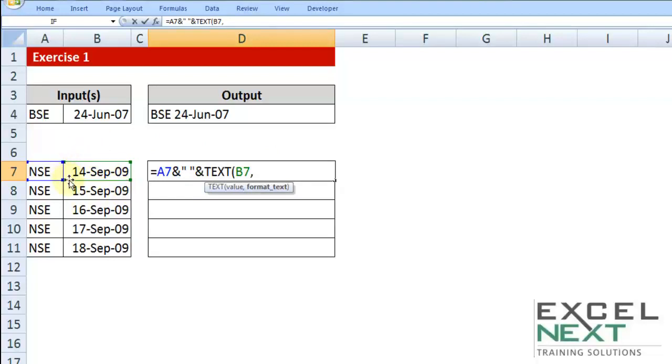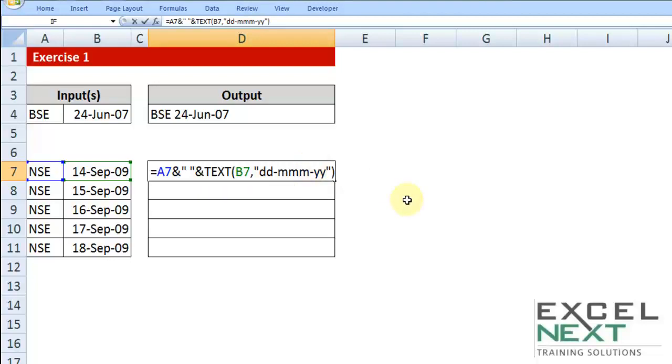So you would want the date, that is DD, after which hyphen. Since you want the short form of the month, I can talk about MMM, and lastly YY, that is the year, the last two digits of the year. So within double quotation, let me type in DD hyphen MMM hyphen YY, double quotation closed, bracket closed.